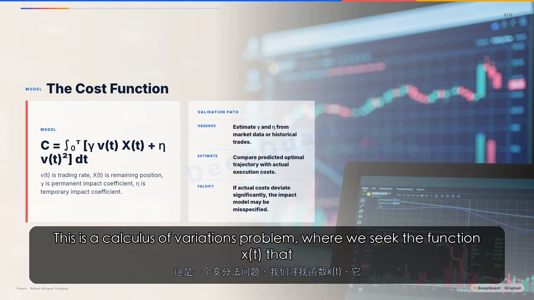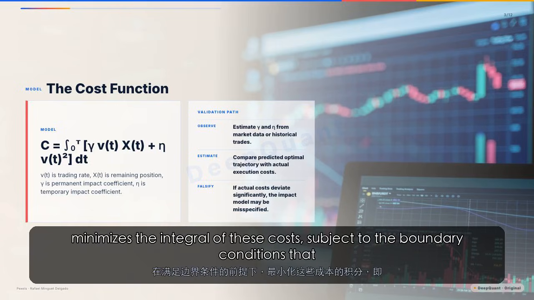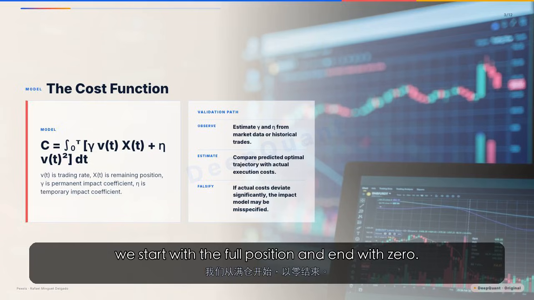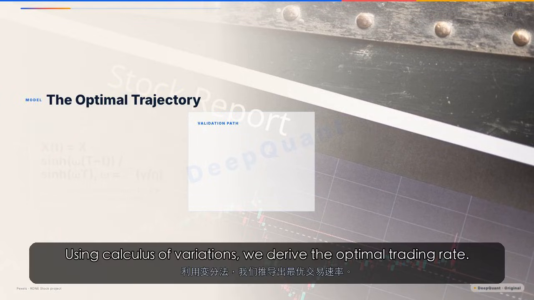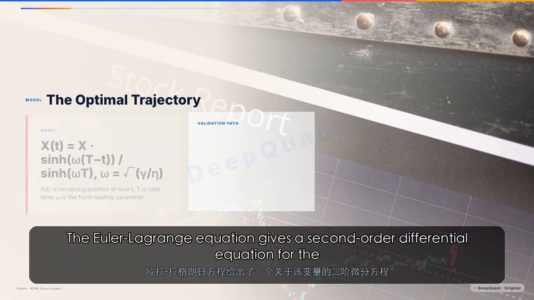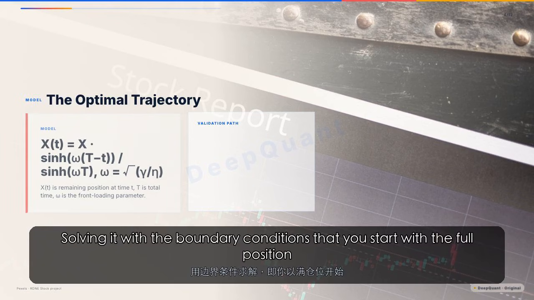This is a calculus of variations problem, where we seek the function x(t) that minimizes the integral of these costs, subject to the boundary conditions that we start with the full position and end with 0. Using calculus of variations, we derive the optimal trading rate. The Euler-Lagrange equation gives a second-order differential equation for the optimal trajectory. Solving it with the boundary conditions that you start with the full position and end with 0, we get a